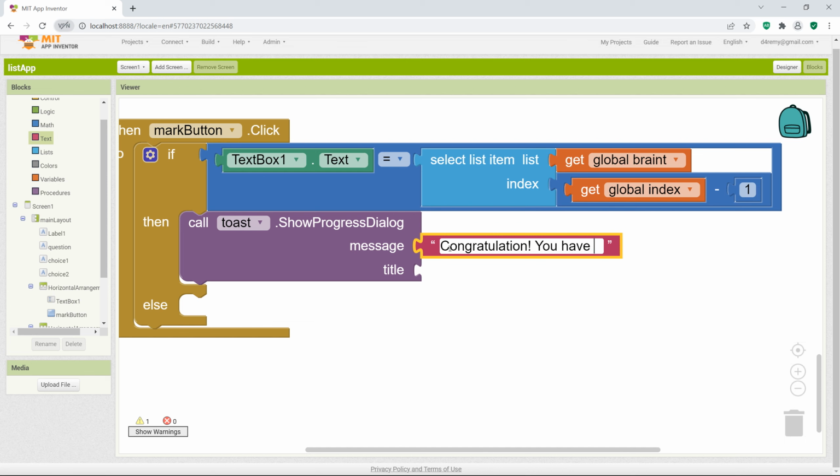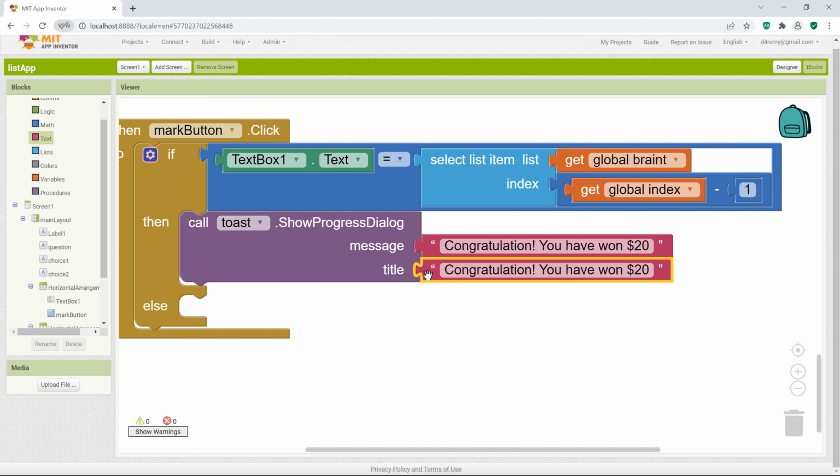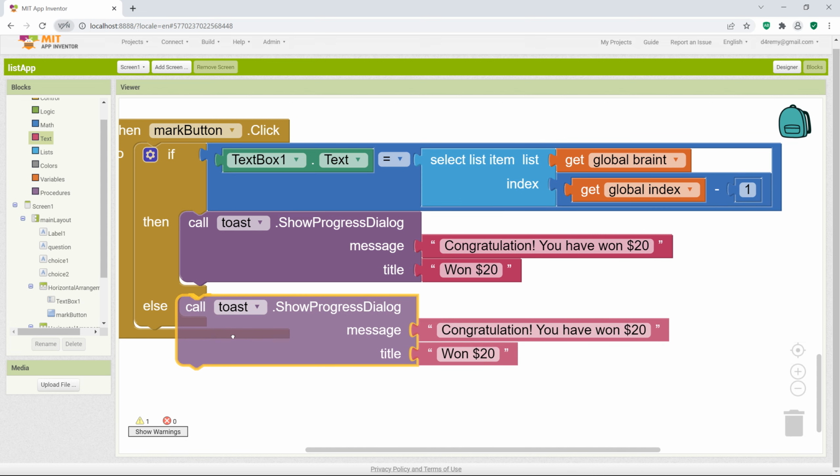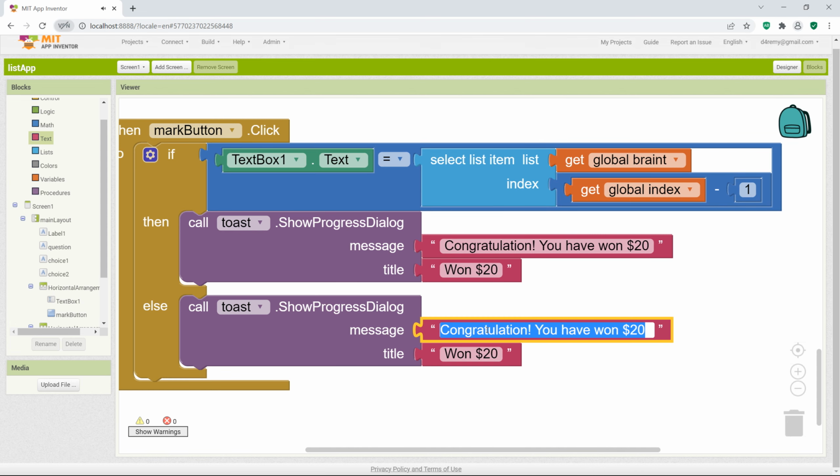You have 1, 2, $20. Okay, this is a very good example for rewards. 1, 2, it's okay. And so $20. All right, and if that is the case,